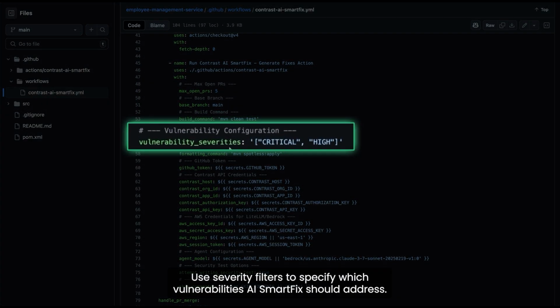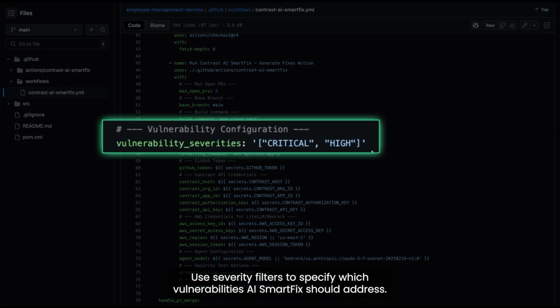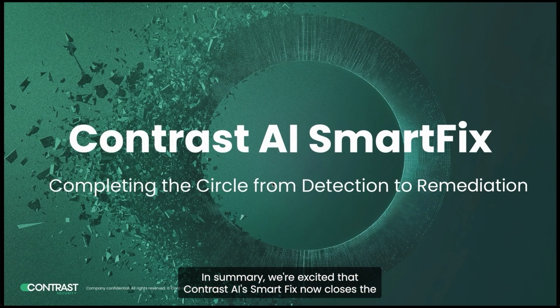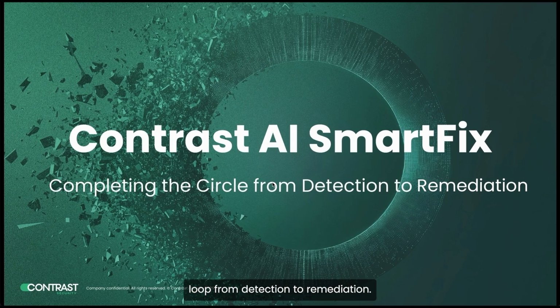Use severity filters to specify which vulnerabilities SmartFix should address, aligning with your organization's risk appetite and your existing Contrast policy. In summary, we're excited that Contrast AI SmartFix now closes the loop from detection to remediation,